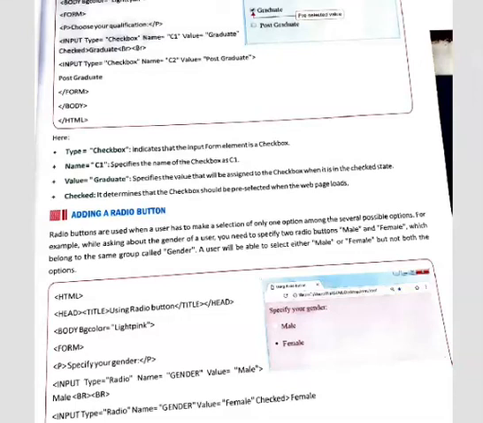While inserting radio buttons, we should use the same name for the different radio buttons, and the type will be the same. Here one should be checked and another should be unchecked. For example, input type is equal to radio, name is equal to gender, value is equal to male. Similarly, we add another radio button: input type radio, name gender, value female and checked. It means while loading a form, the female option will be selected, and the name of both the radio buttons is gender.